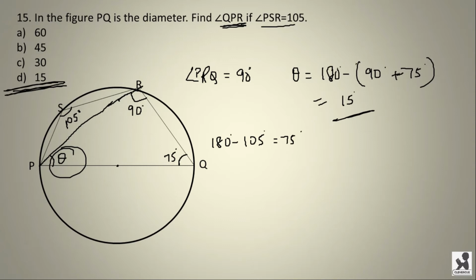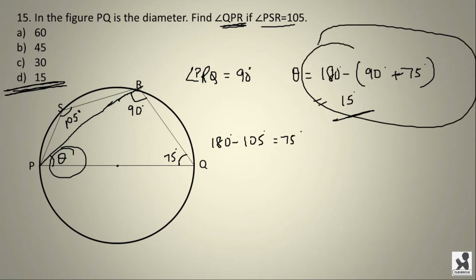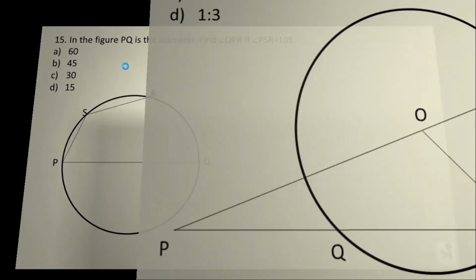So we can skip this step because we have to save time. As this is 90, we know that the half of 180 will be 90, and the remaining angle P and angle Q should add up to 90 degrees. So since this is 75, the remaining will be 15 degrees. We should do all this in mind. So mental calculation has to be improved and practiced.